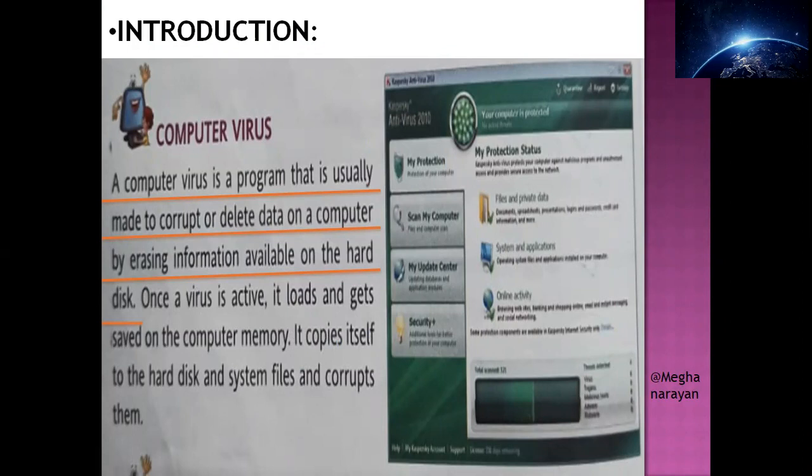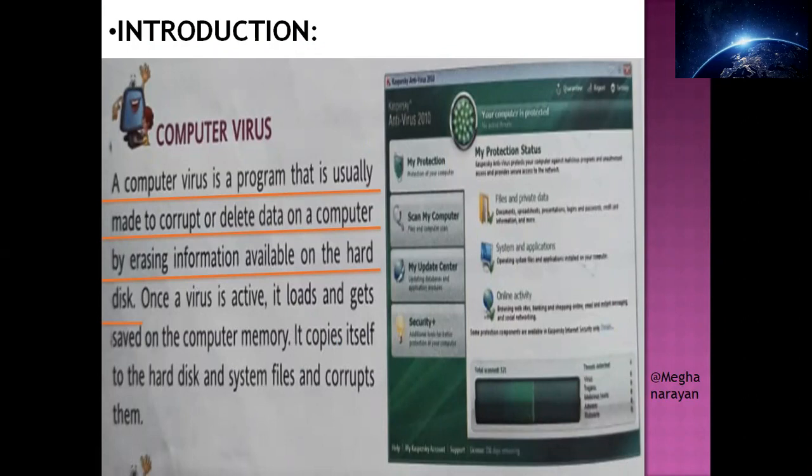Corrupt means that data will be changed. It can no more be original. There will be many number of errors, mistakes, bugs, etc. That is corrupted data. That means the data now has been changed. It is no more the same authenticated data.